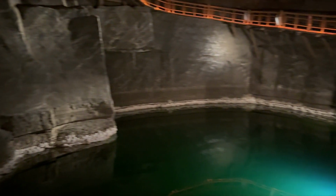We will see 2 more lakes on our tour, but this one is the most beautiful with the green water in it. So for pictures,